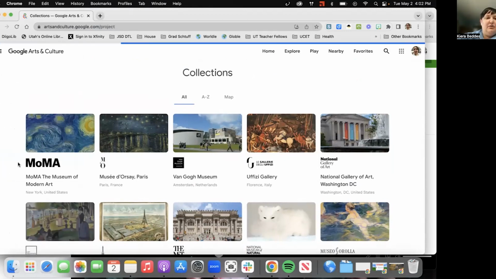You can also sort by themes, and these are actually really cool. So the people that curate Google Arts and Culture have created different themes, kind of like what Jared said, they try to be really topical. Like Women's History Month, or this month is Asian American Pacific Islander Month.